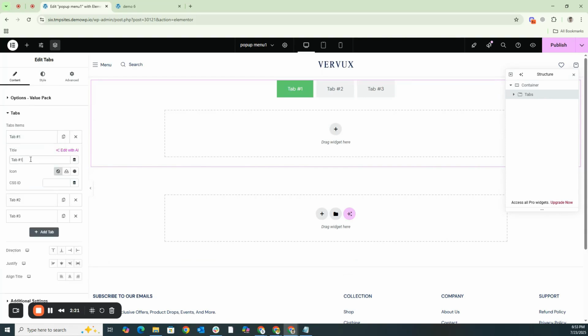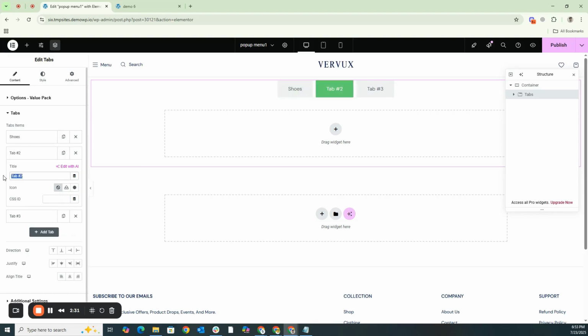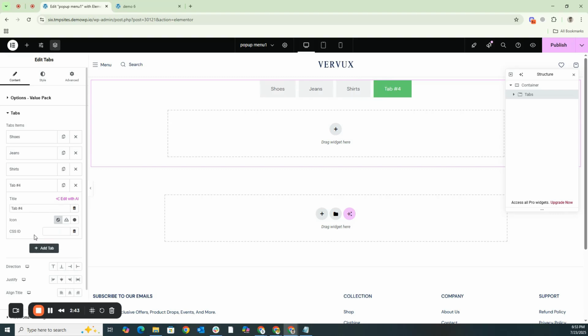So first we will add the tab element, which is a default and readily available element within Elementor. When we add these tabs, we will be presented with multiple convenient options to easily change the individual tab names to suit our content. Let's suppose we decide to name the first tab shoes, the second tab jeans, and the third tab shirts. Basically, we are systematically adding various menu items to our pop menu. Let's add one more tab and thoughtfully name it trousers. So basically, we have created all the items now.